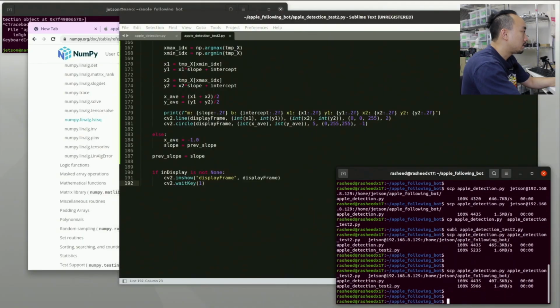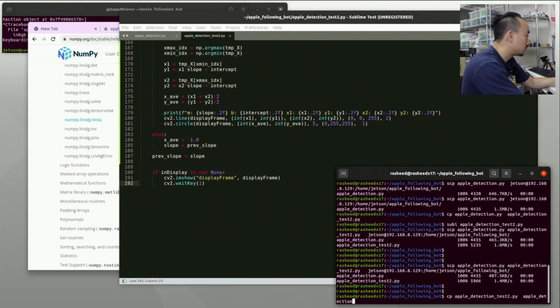So next we're going to convert that code to ROS2. Then we're going to publish that XC as a ROS topic. And then we're going to make another car control program to subscribe to that topic and then do something with the car. So next, let's try to copy the apple detection test 2 into apple